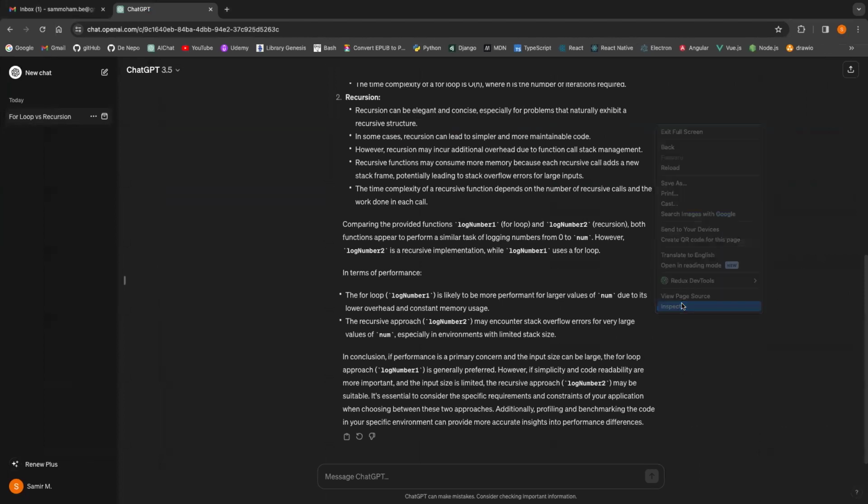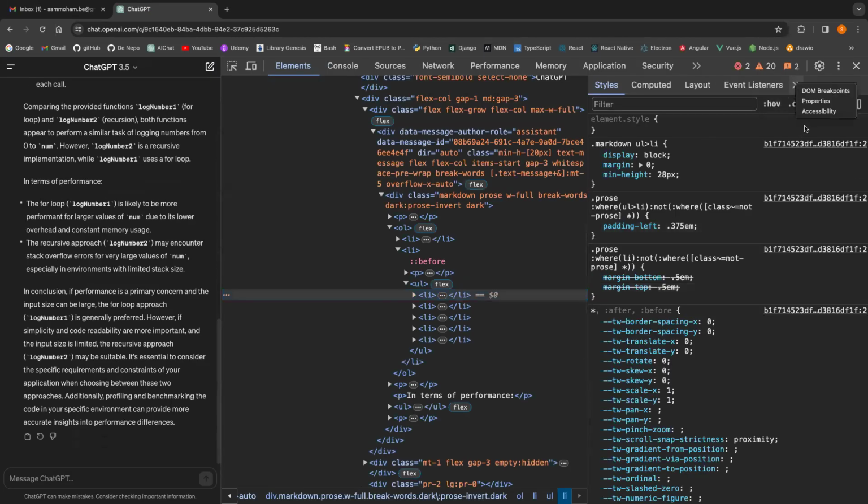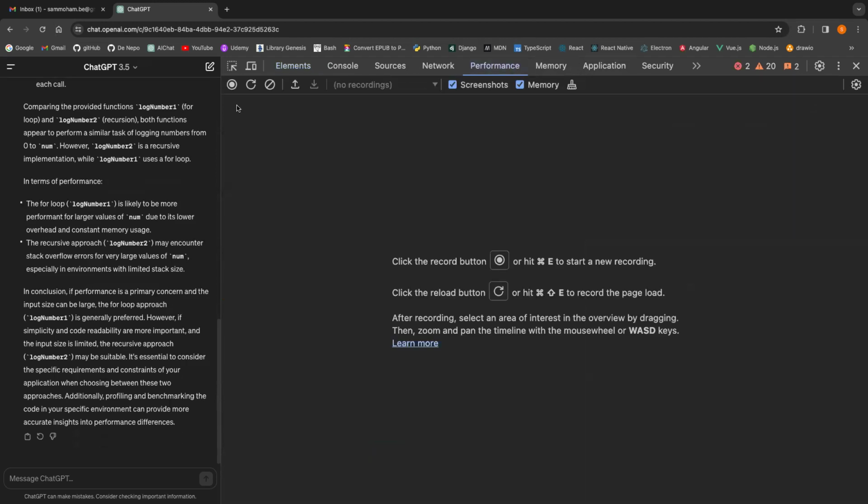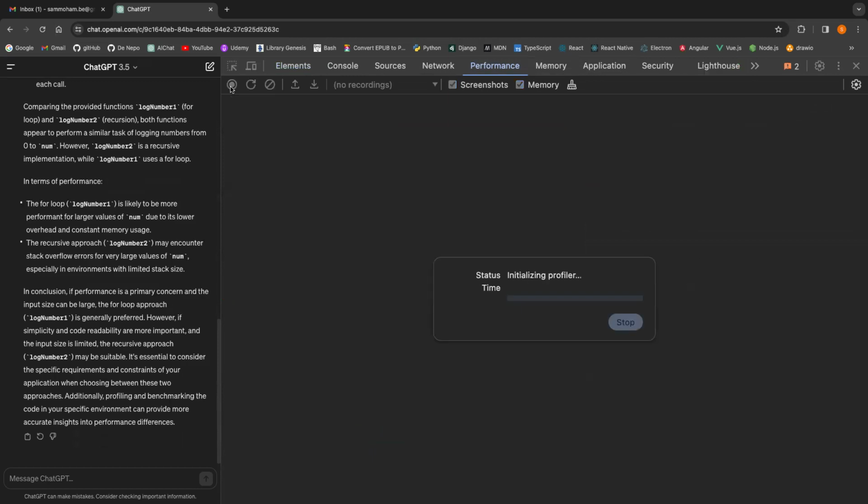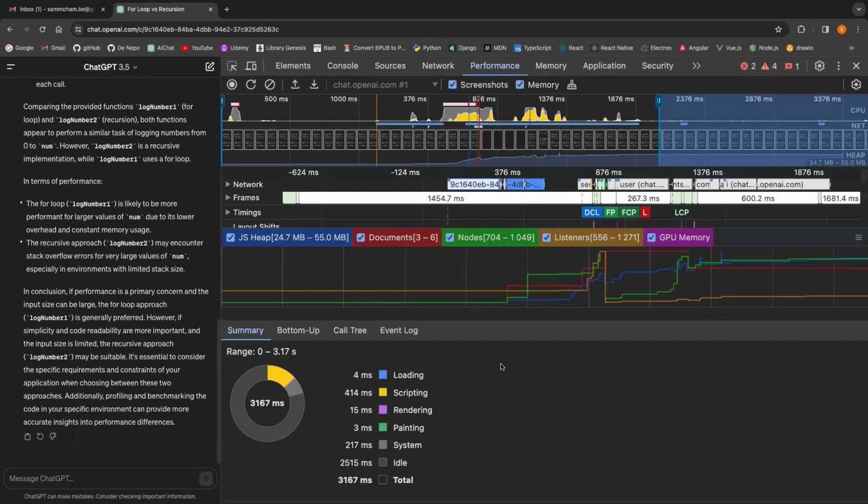I can go here into DevTools and I have something called Performance. Where is it? Performance, voila. Here in Performance, we can record. I will click on this one, and then I will reload my website, and then I can stop. As you can see, it gives me a graph, and it tells me how many milliseconds are needed to load the JavaScript, to render my website, to load the website, and stuff like that. And from this graph,